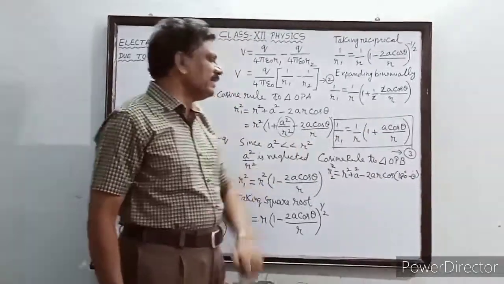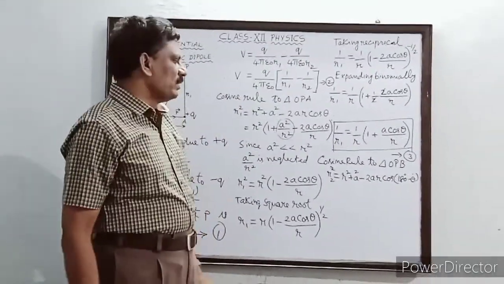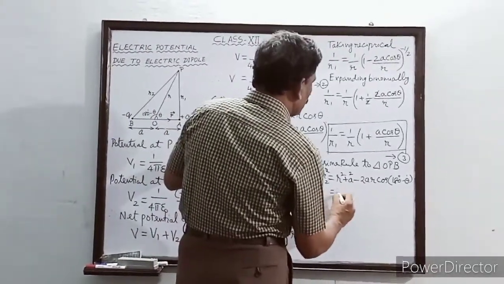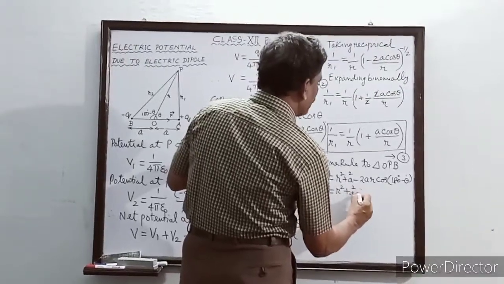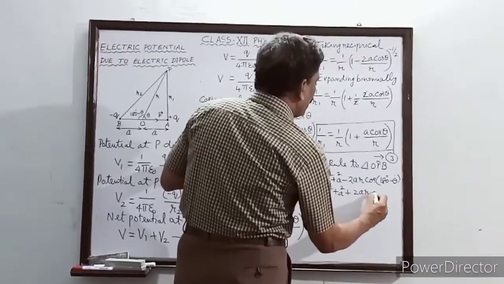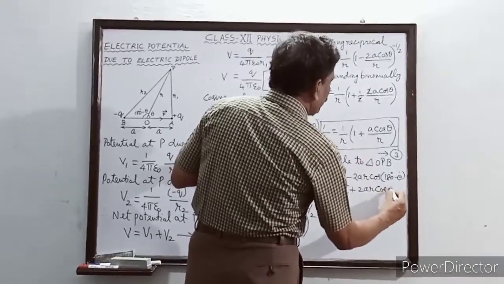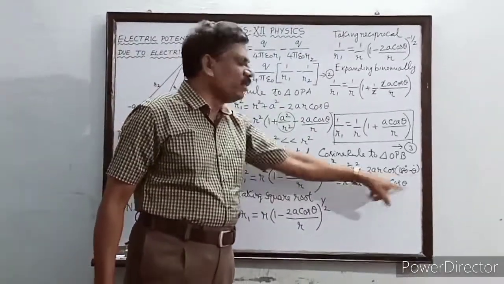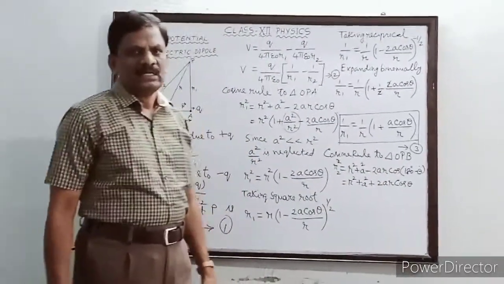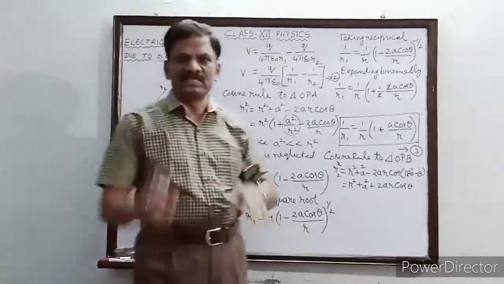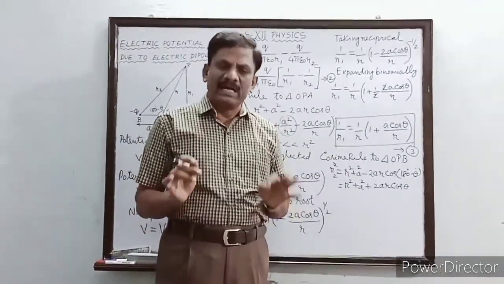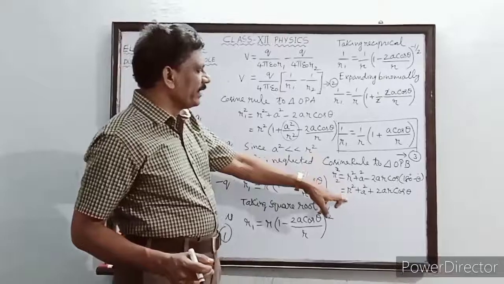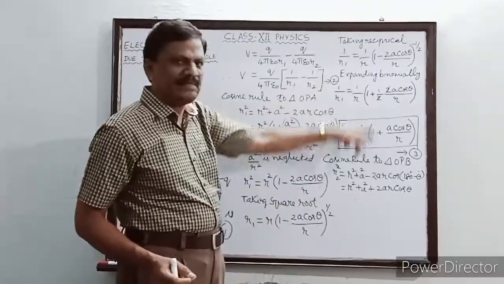Cos of 180 minus theta is equal to what? Minus cos theta. So minus of minus will become plus. So this is now equal to r square plus a square plus 2ar into cos theta. Here what came? Minus 2ar cos theta, and here plus 2ar into cos theta has come. Now after this, all these steps you are supposed to take a paper and derive it. Will you do it or not? Okay. Shall I directly express that following the same steps? Following the same steps, we can write what?